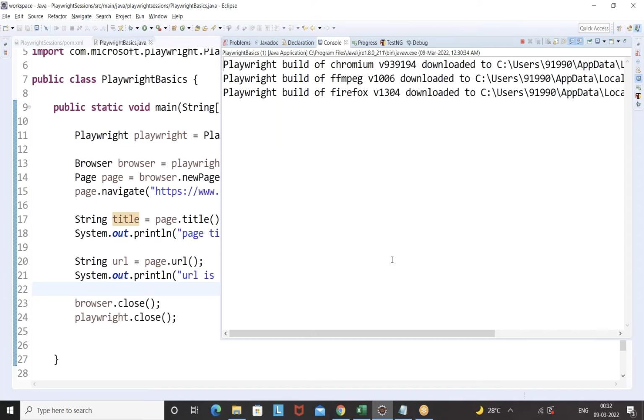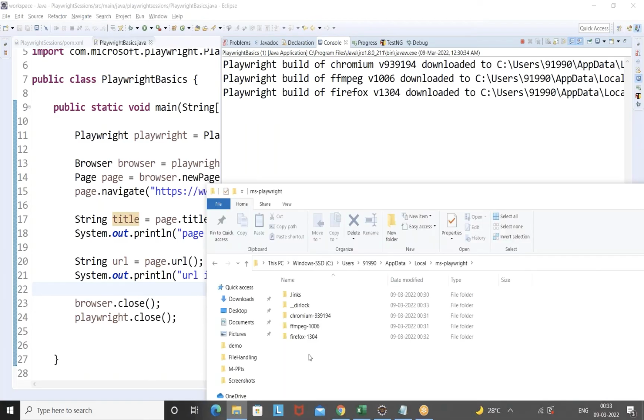Now you can see Firefox is also downloaded. Once the WebKit binary is done, it will say, okay, fine, WebKit is also downloaded. Here I can see WebKit is available. Perfect. WebKit version 157 is downloaded. And then it should launch